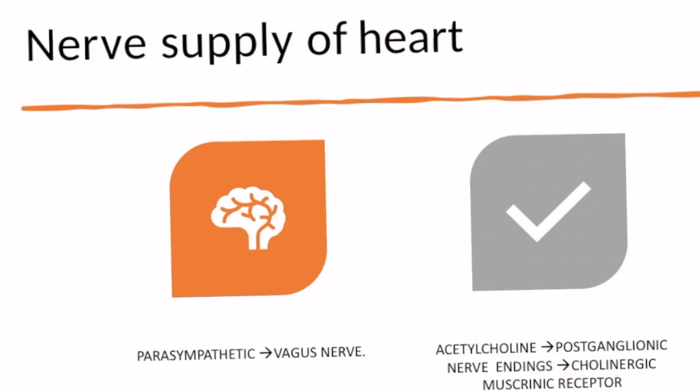Now, acetylcholine is secreted at its postganglionic nerve endings, and it will act on the cholinergic muscarinic receptors on the cardiac cell membrane, and this is how it decreases the heart rate and the force of contraction. So, in short, we can say that the parasympathetic stimulation of the heart results in the release of acetylcholine, which